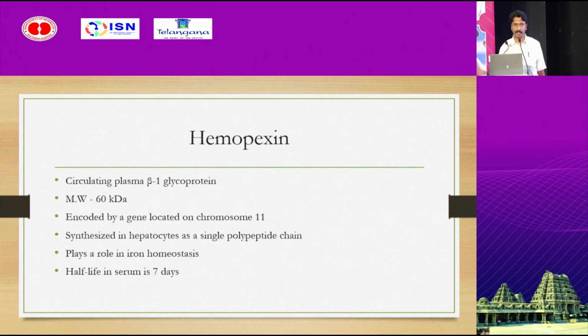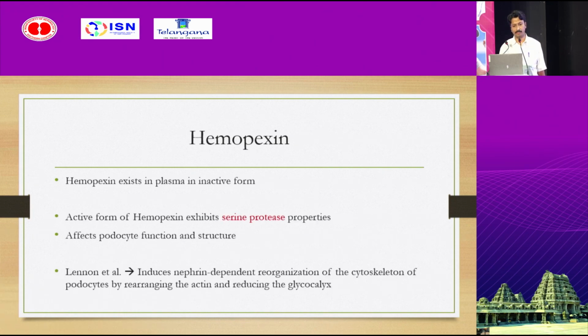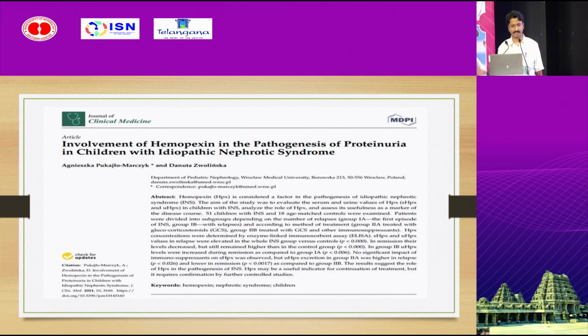And multiple mediators have been studied in the past and also now, including hemopexin, which exists mostly in the inactive form, whereas the active form of hemopexin has serine protease properties which can affect the podocyte function and structure. Lennon et al. demonstrated that there is a nephrin-dependent reorganization of the cytoskeleton when there is hemopexin in the active form in the plasma. This is a study which looked into the involvement of hemopexin, and they found that hemopexin